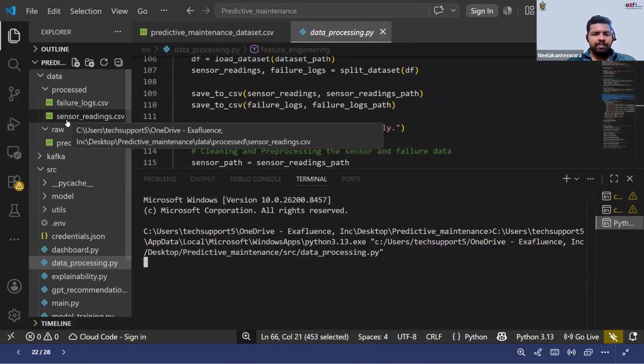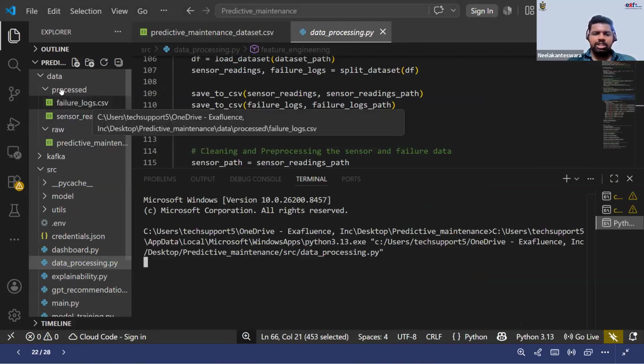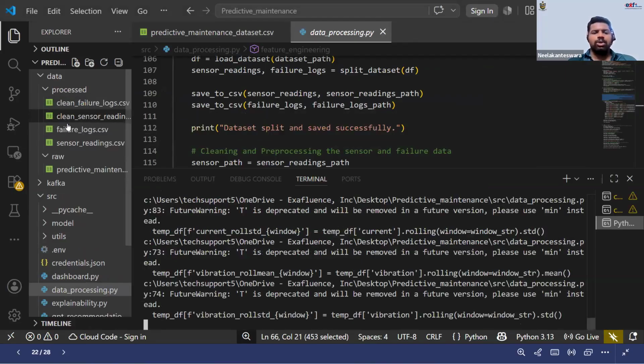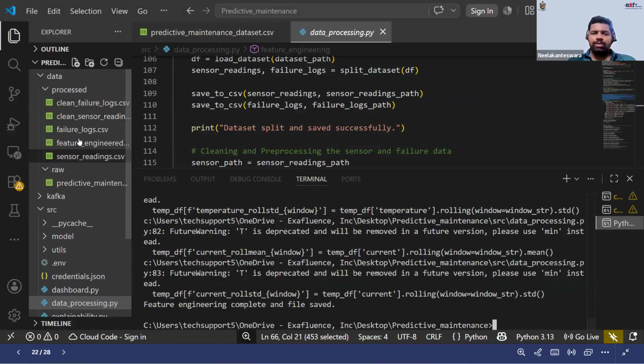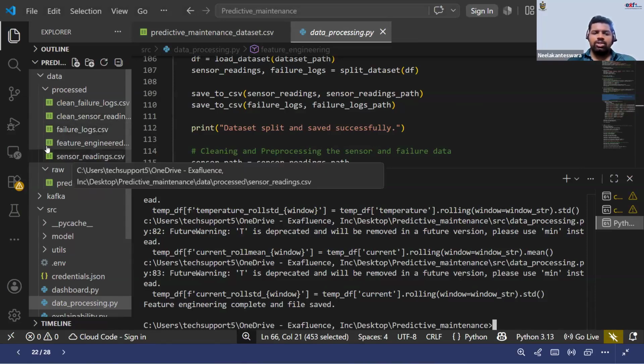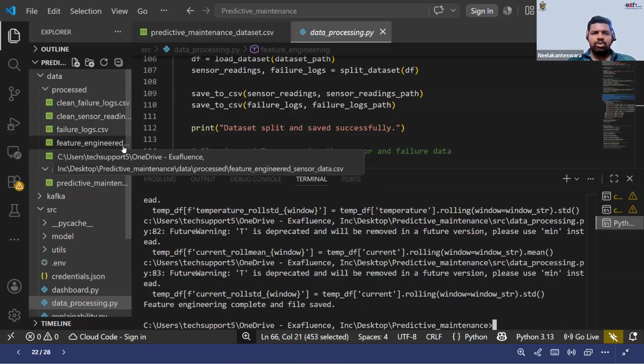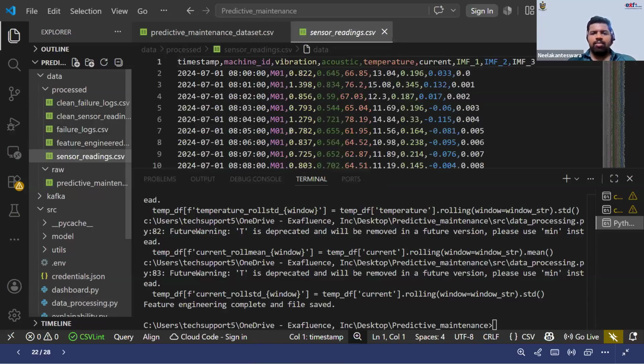Wait a second, it takes a few seconds. It is going to generate the files here. This is the processed data. That means after doing all the things, step by step, first it generates the clean failure logs and the sensor readings, and after that it generates the feature engineering, the extracted features. See here, in the sensor data we have only the data without the label.